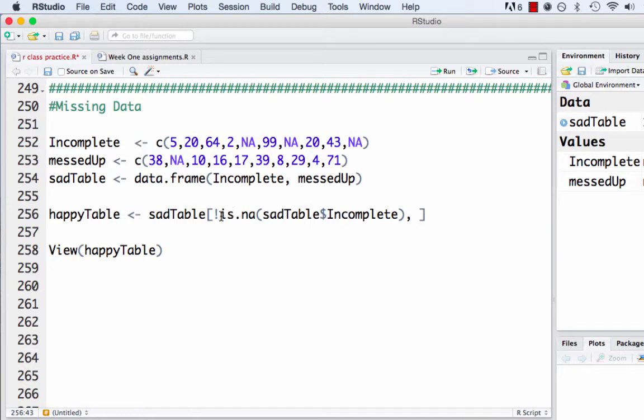So this looks a little weird, but remember this exclamation point means not. So we're saying the opposite of is NA. If I didn't have the exclamation point in here, we would get just the elements in the incomplete column where it is NA. But here we're saying when it's the opposite of NA. So if we run this,